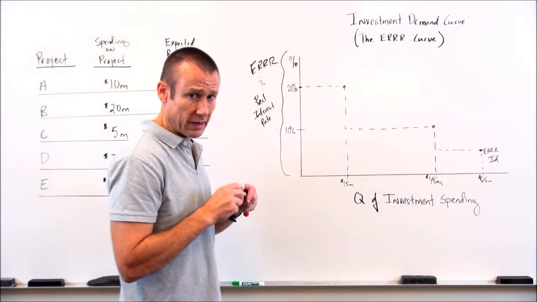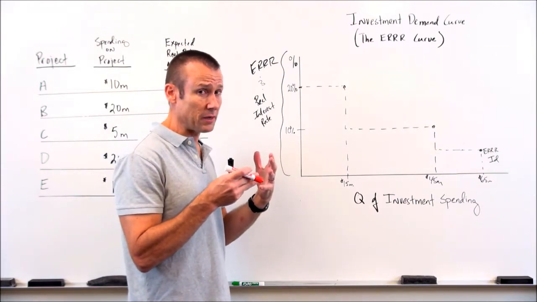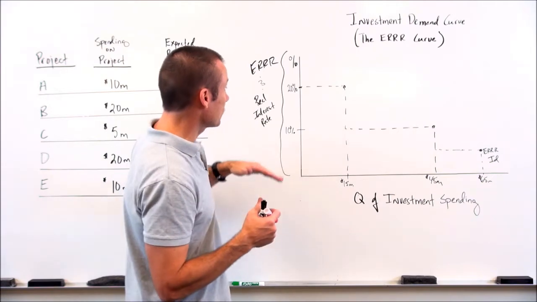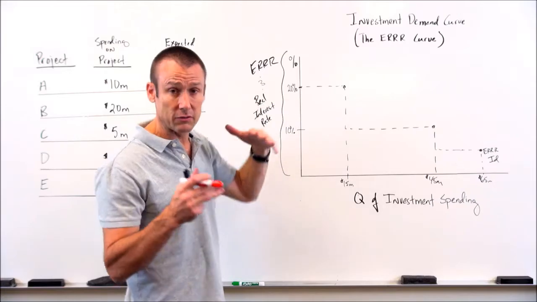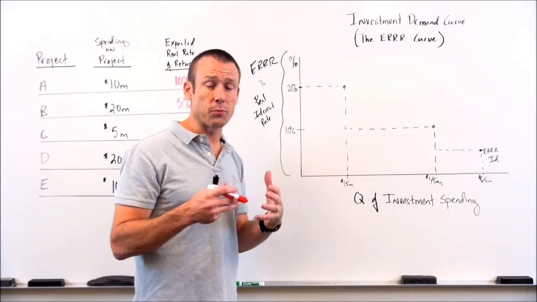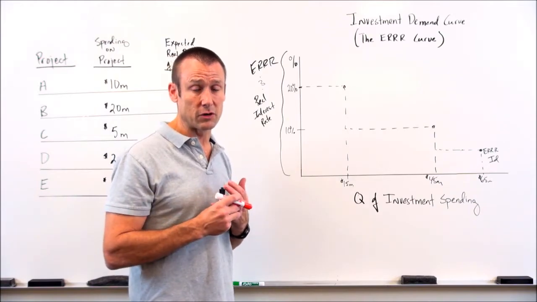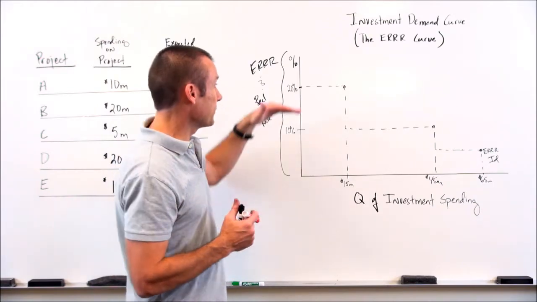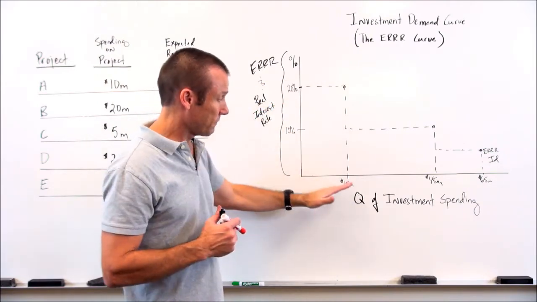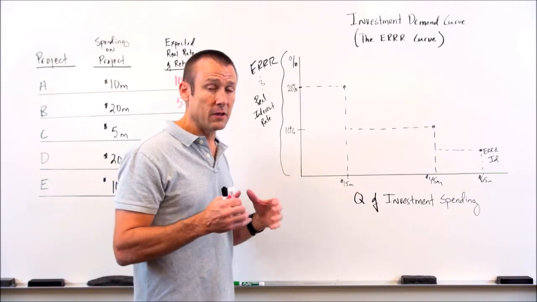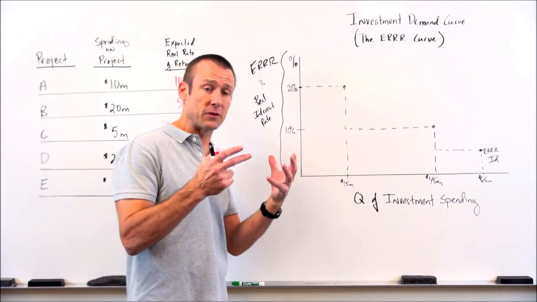You saw how I created the curve based on the expected real rate of return of projects. Now that communicates the investment demand curve because here's how it goes. If the interest rate was, say, 24%, how many projects would we do? The answer is 0. Why? Because we have no projects that have a benefit greater than that interest rate, okay? An expected real rate of return greater than the interest rate. If the interest rate dropped, say, to 15%, how many projects would we do? We would do 15 million. Why is that? We've got $15 million worth of projects that will provide us with a benefit greater than the